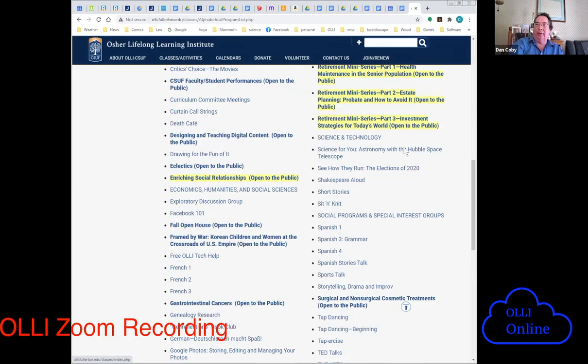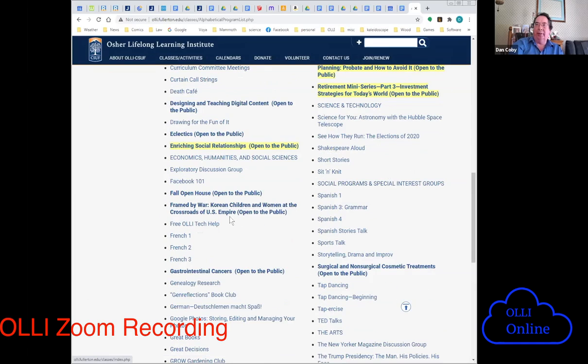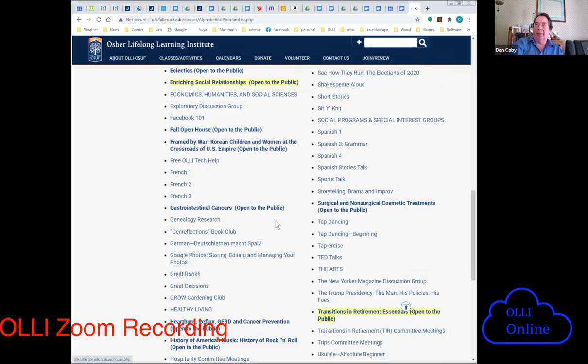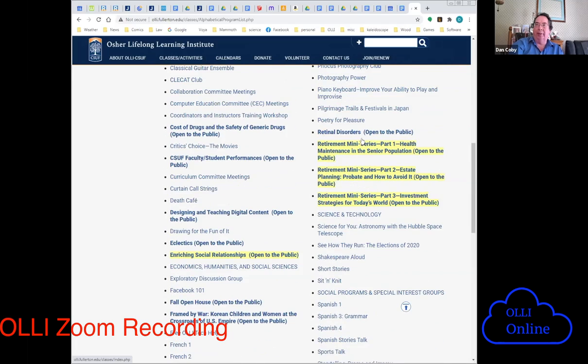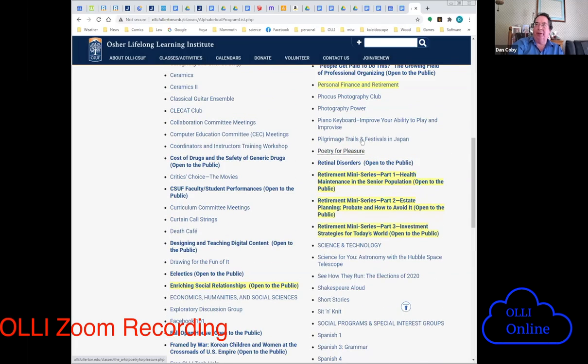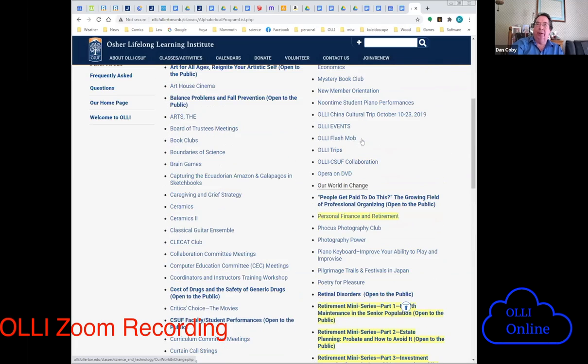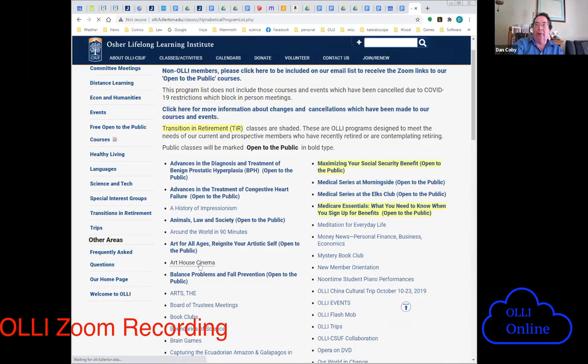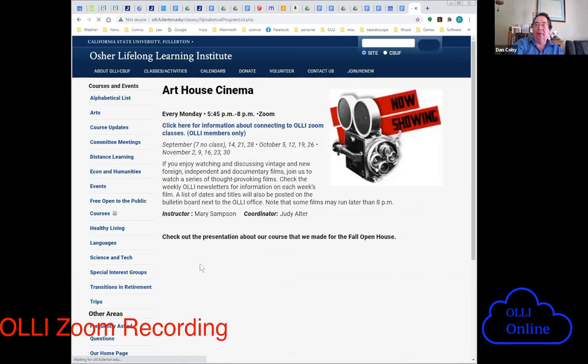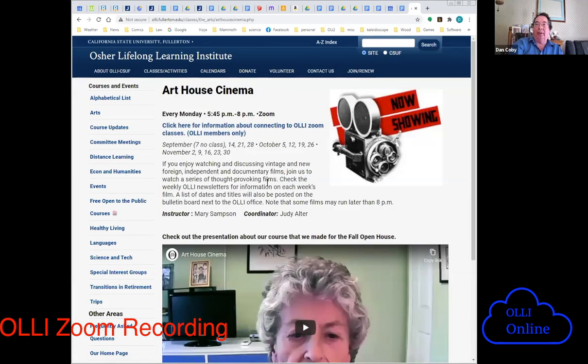The ones in bold text are open to the public, and things that have a yellow background are part of the Transitions in Retirement series. Of course, from here you can get to any class you want. You can click on a class, bring up a description of the class, and in many cases,